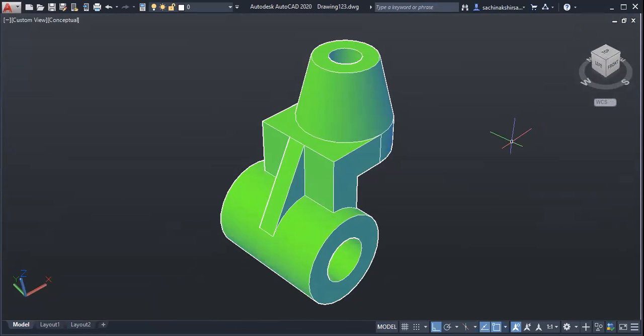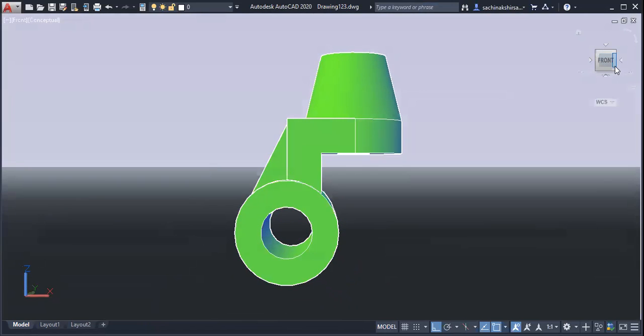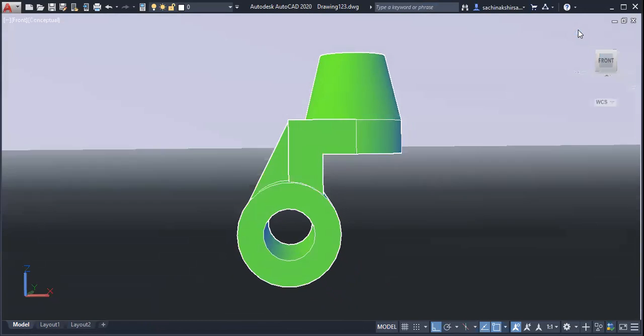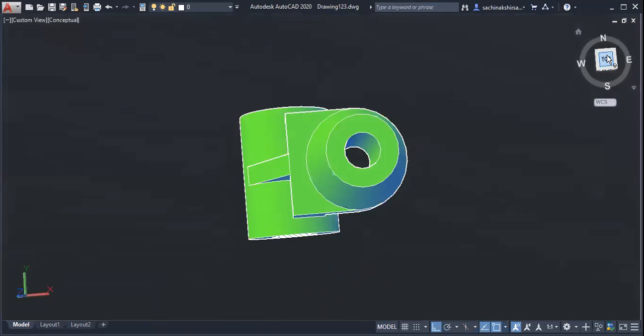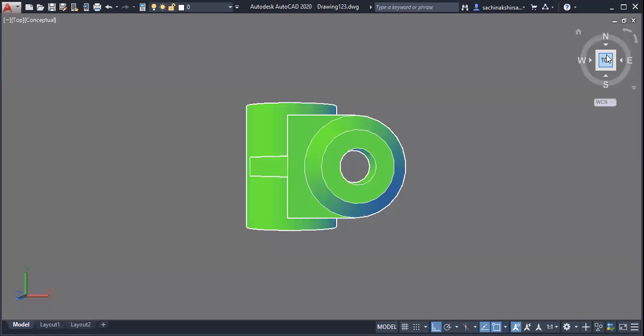So what we were supposed to draw? Front view. So front view is going to come something like this. हा front view मध्ये ते object असं दिसेल आपल्याला, something like this. Then we are supposed to draw its top view. Top view याचा काहीतरी असा दिसेल, something like this. That top view is going to come something like this.